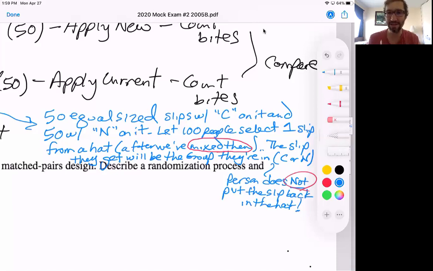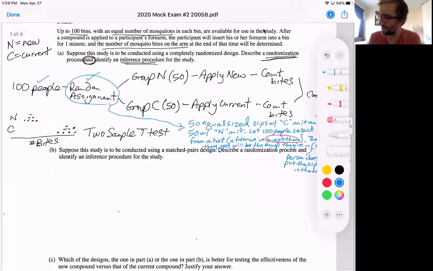So you have to clarify that and be really good in your communication. Okay, so I think we answered that. We have our inference procedure as a 2-sample t-test. And then over here, we talked about the randomization process. Everything out there in black is just